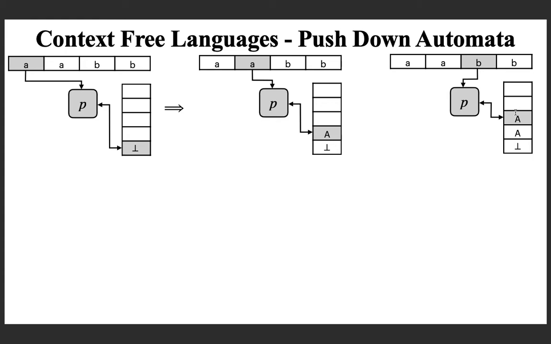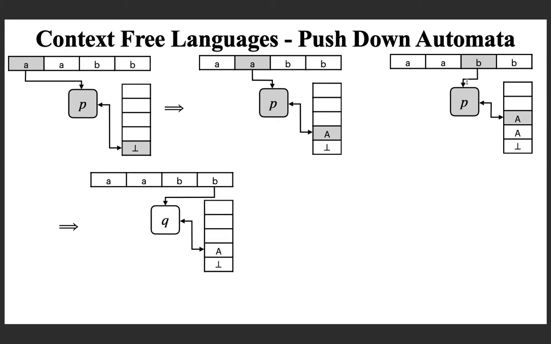Maybe this automaton can do this. What is it doing? It consumed that input, then changed its state to Q, and popped out the top of the stack symbol, just taken out. What it is actually doing is trying to match the number of a's and b's. So, 2 a's and 2 b's. Now, you can see that this is just like cancelling the occurrence of this small a with this small b. What remains on the stack is the number of remaining a's which you have already processed.